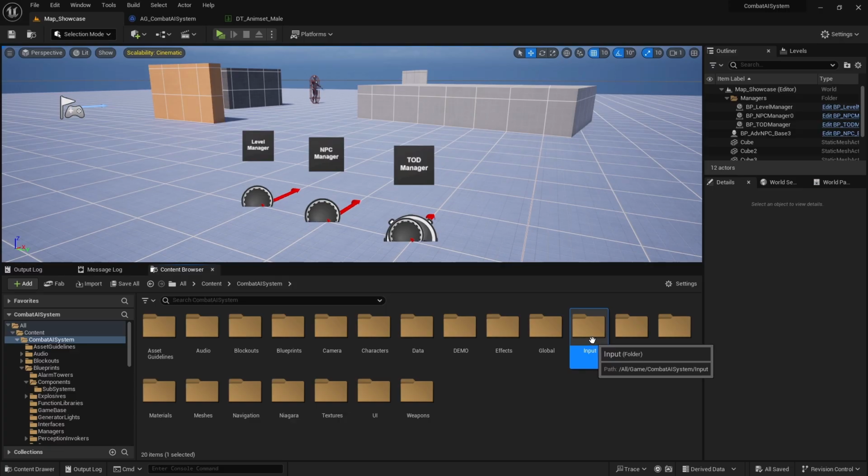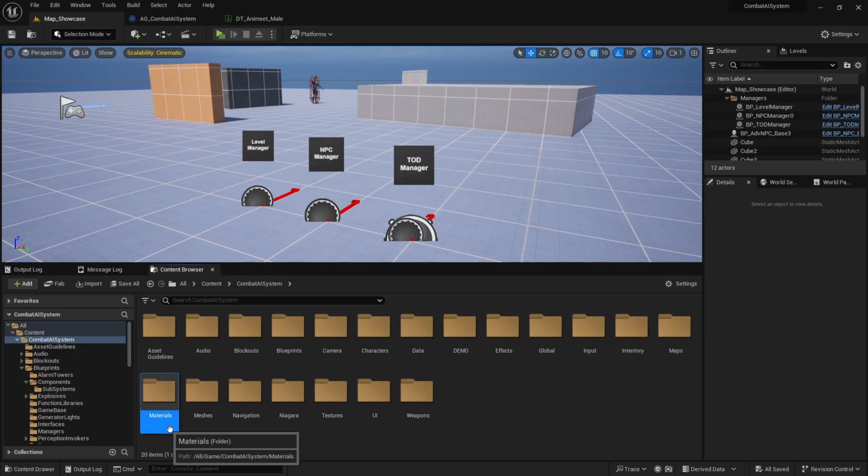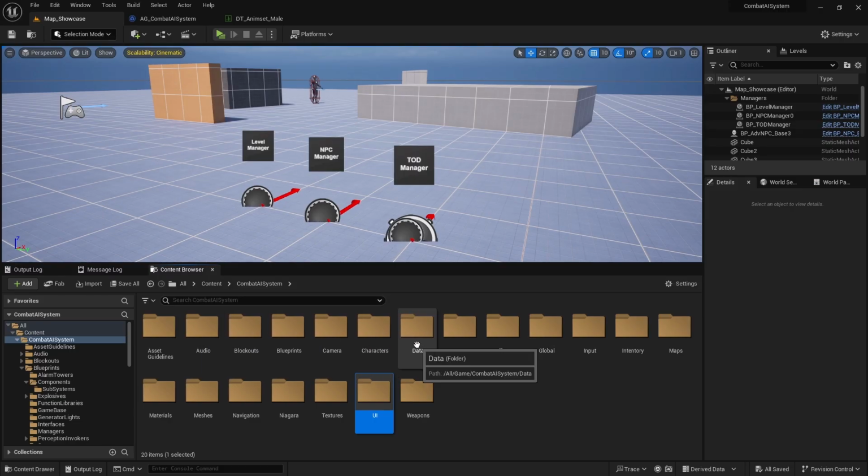So we have input mappings, which use the new Enhanced Input mapping system used in Unreal Engine 5. And we have a set of materials, Niagara systems, meshes, textures, and some of the UI features. So that's the brief introduction about the core blueprints and the core project structure. I haven't gone through each of them individually in detail, but this is sort of a brief overview. So now, in order to migrate the project,